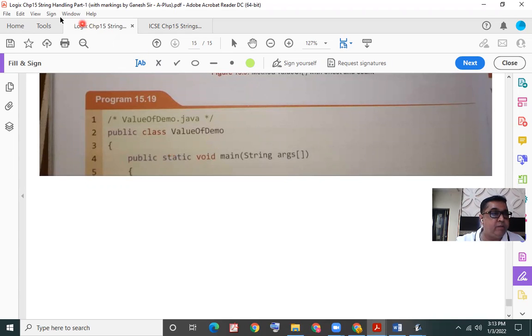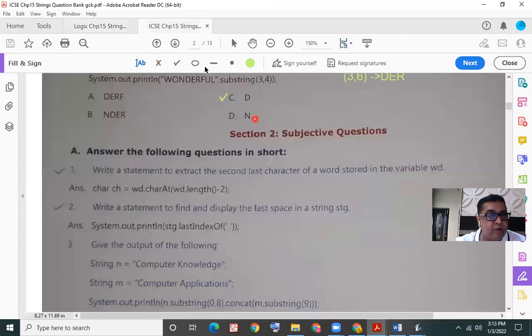Okay, if you see over here, my file string handling part 1 is ending over here. So this example is in the next part. This chapter is being scanned by us. The PDF of this chapter is in 3 parts. Part 1 being the first 15 pages, then some more pages of this chapter are in part 2, and the question bank is the third part. Earlier, when we were solving the question bank, this was the third part where I named it question bank. I'm opening the second part now.